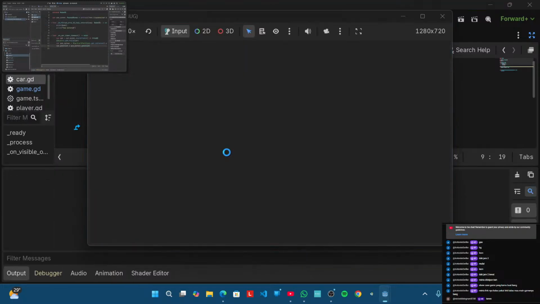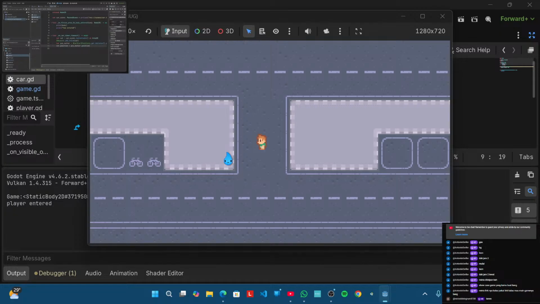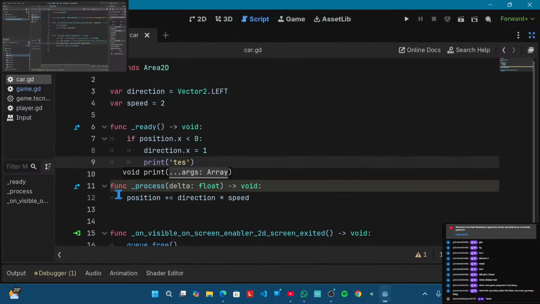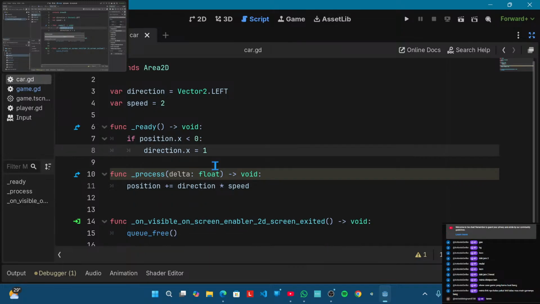Fixing that, fortunately, is very simple. We want to update the position of the car before we are adding it as a child to the scene, which is totally fine to do. When we are calling this ready function, the car already has the right position. And that way,